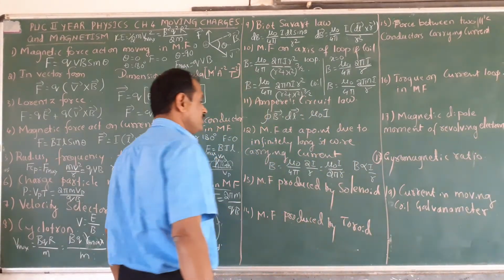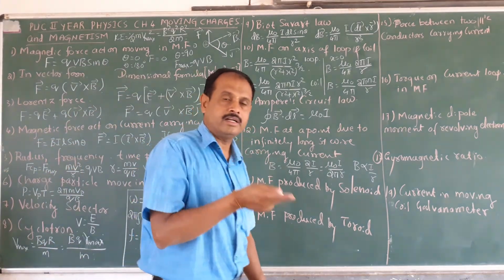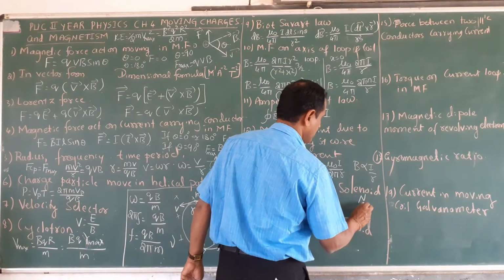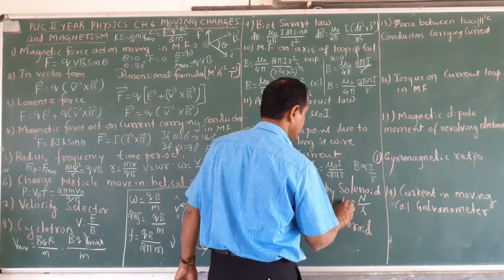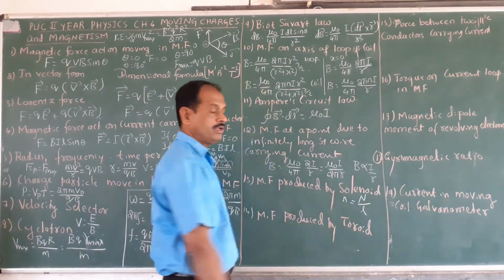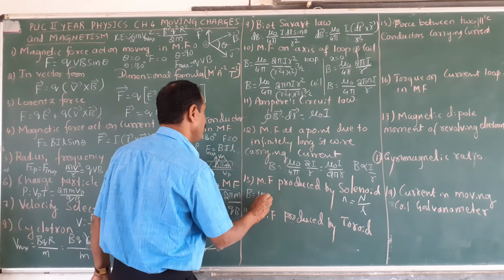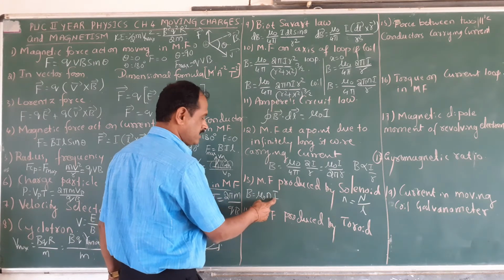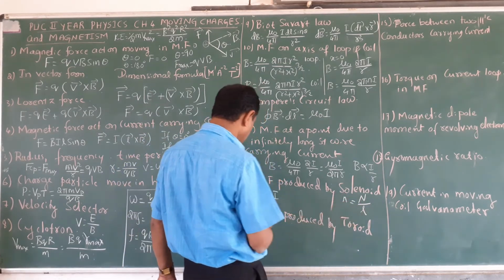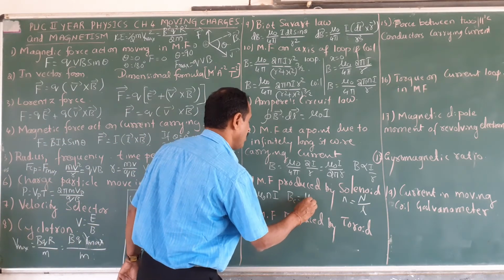Now the magnetic field produced by a solenoid. A solenoid is a cylindrical coil having N number of turns, and the length of the solenoid is L. This is the number of turns per unit length. The magnetic field produced well inside the solenoid is mu naught n I, where I is the current flowing through the solenoid, n is the number of turns per unit length, and mu naught is the permeability. At the edge of the solenoid, it is half of this value,